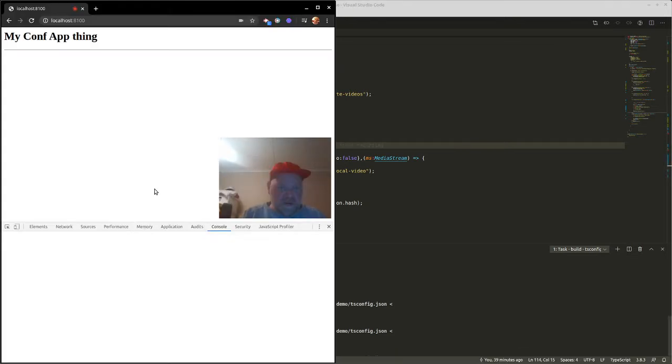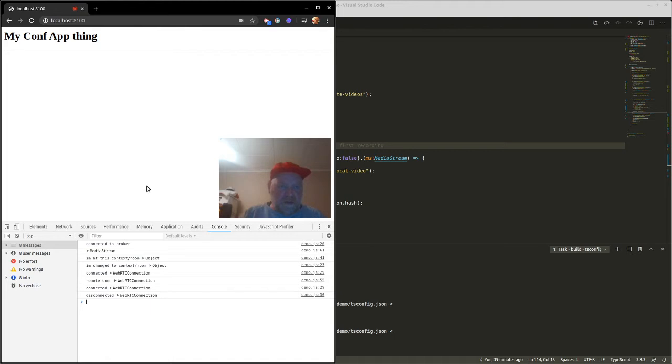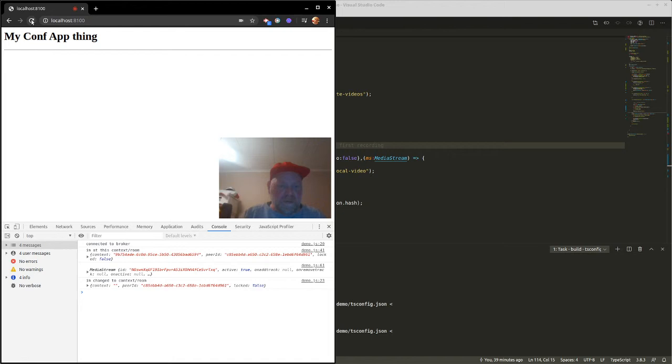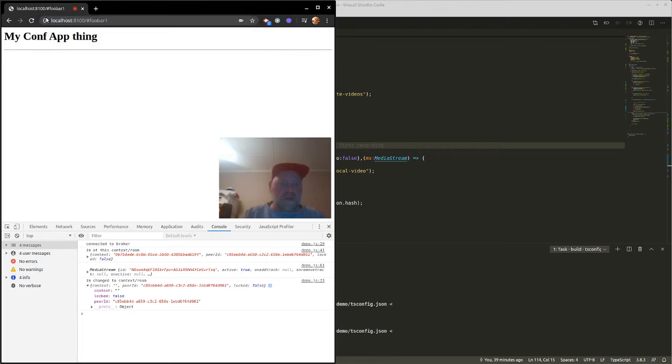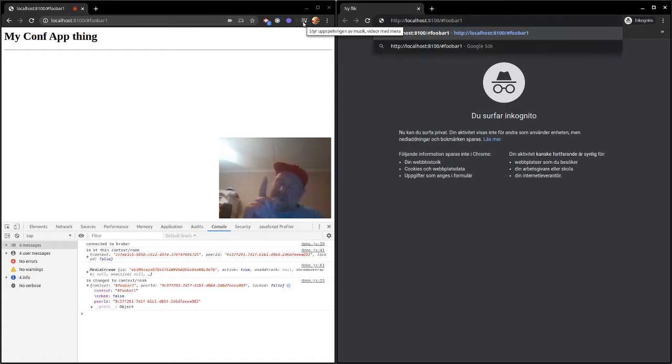We go back, and you see that it disconnected because now we have a room which is blank, which is quite stupid, but the room name can be foobar1, and we make a reload, and now the room name is set to foobar1. We can copy this URL and open a new window, but in this case I will actually add foobar2 here in the hash